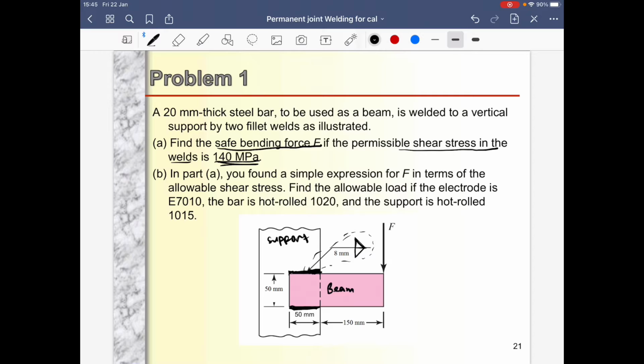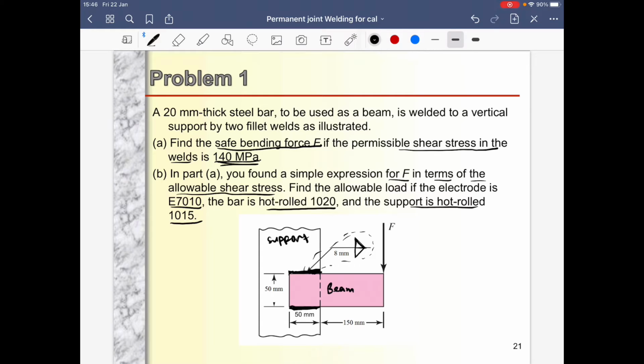The second question is, in part A you may find the expression of F, since it is already in past tense. You found a simple expression for F in terms of the allowable shear stress. So find the allowable load if the electrode is E7010, the bar is hot roll 1020, and the support is hot roll 1015. Bear in mind we want to find the bending force,